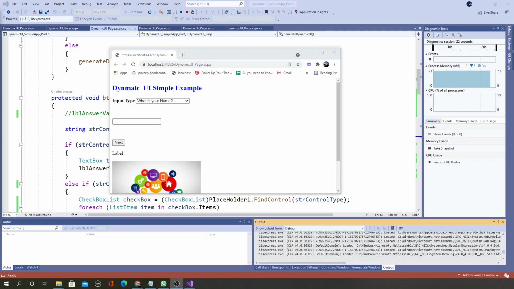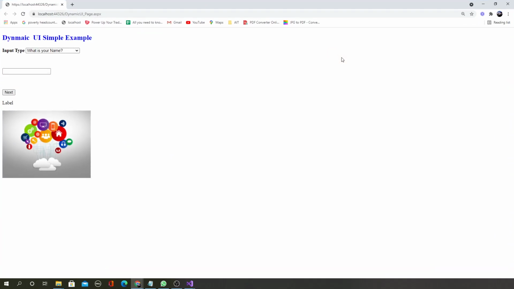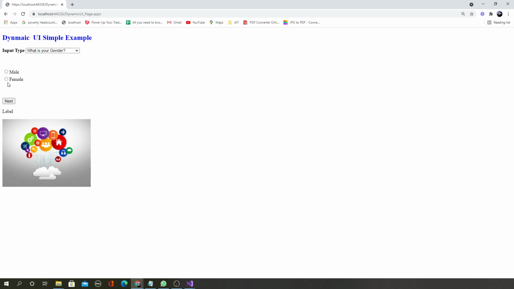Hi everybody. So let's see the practical project we are going to develop in the next couple of lessons. The coding is in the background and this is the coding you will be learning. And when you run this app, you will see a dynamic user interface generated. What I mean by a dynamic user interface is, let's say the user selects a question like what is your gender, then it dynamically generates the user interface. And if the user selects a choice and clicks next, it will dynamically figure out what the choice is and